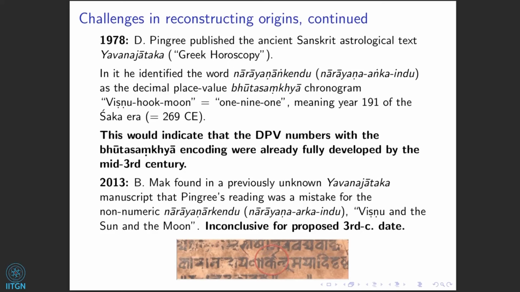So the Mak translation seems more plausible, and consequently, this work, the composition of the Yavana Jataka, although it doesn't disprove the existence of decimal place value numbers in this period, also doesn't corroborate them. So it's inconclusive for this proposed 3rd century dating of the decimal place value number system. All right,